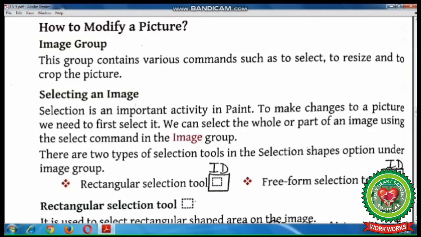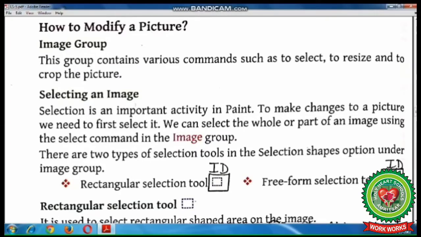So today we are going to discuss how to select an image. Students, selection is an important activity in Paint program. To make changes to a picture, we need to first select it. We can select the whole or a part of an image using the select command which is present under the image group.